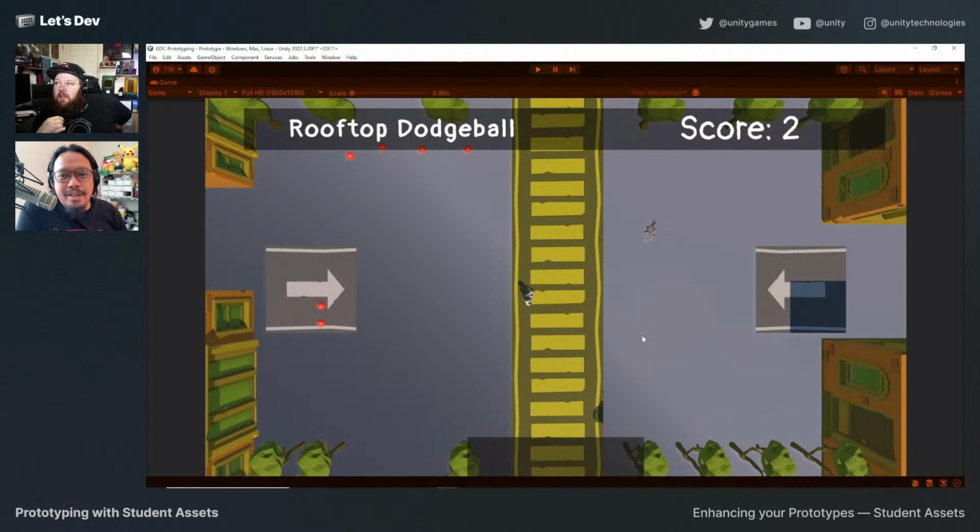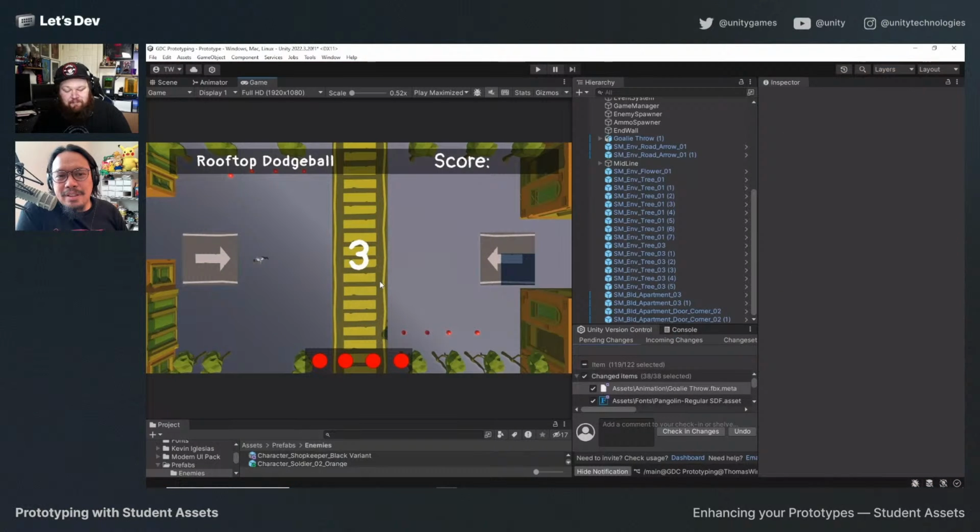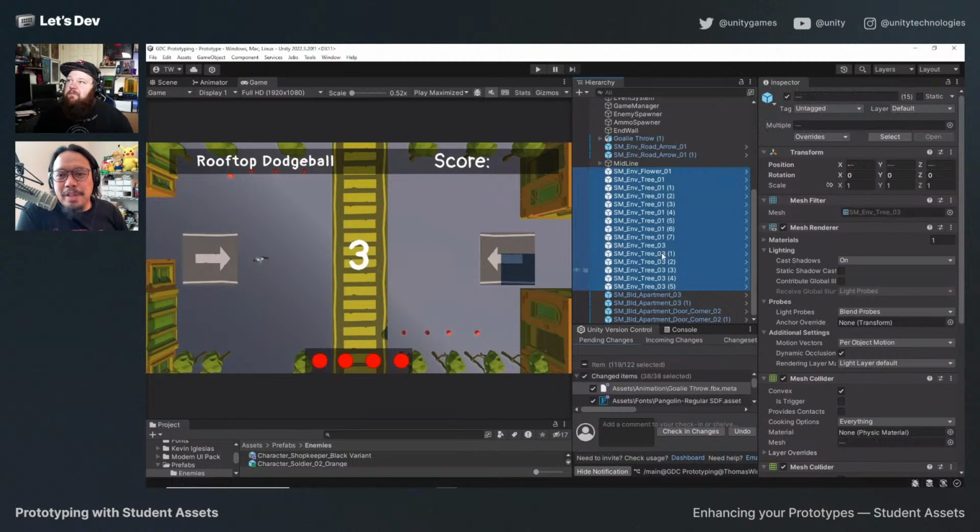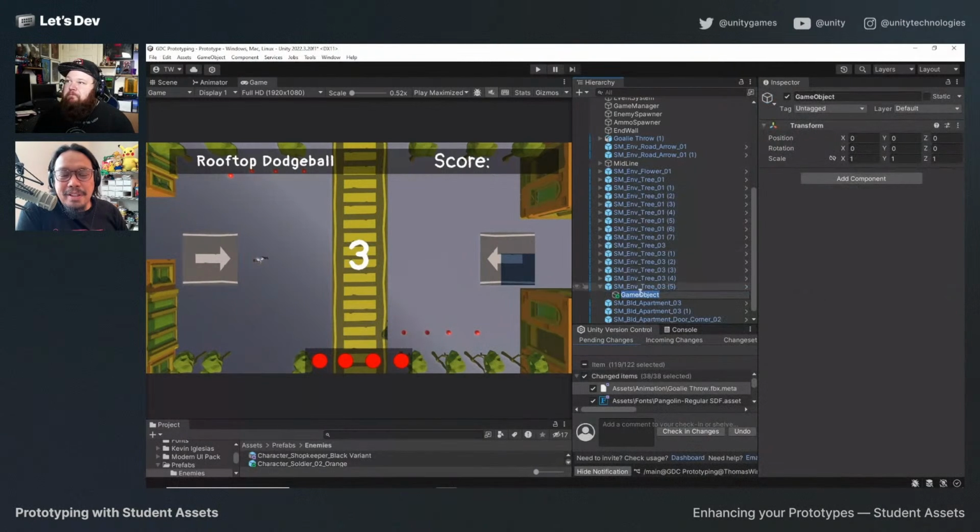Yeah, not capsules, no primitives. It gets the readability I think I mentioned earlier. Before there was nothing on the screen to tell you where everything was spawning, or which way you should be going. You have a midline now, so if after this prototype you wanted a mechanic where maybe the balls all popped up in the middle line, that could be a thing. Exactly. It's not just making it look good. Having the visuals helps you think about the affordances of a midline or an arrow on the ground, or the buildings themselves, or what is that supposed to mean